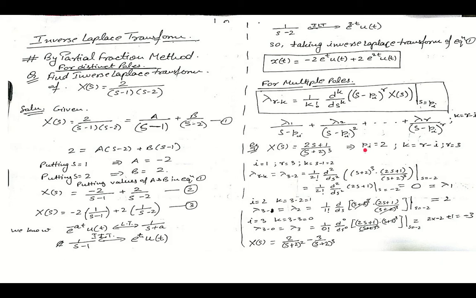Now here the value of p is equal to 2, so we can put the value of p. Since s is equal to 2, the p will be minus 2. Here it is written 2, you can change it to minus 2. So accordingly, if I put the value minus 2 over here, it will result in (s plus 2) whole cube. Now into X(s), that is (2s plus 1) upon (s plus 2) whole cube.